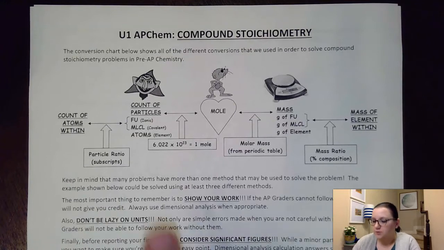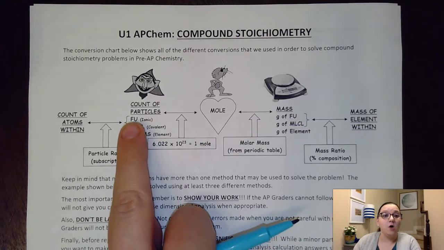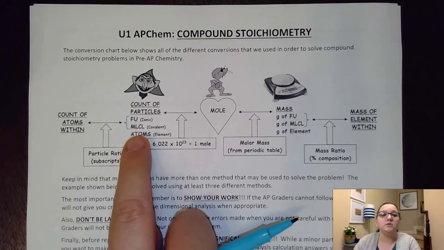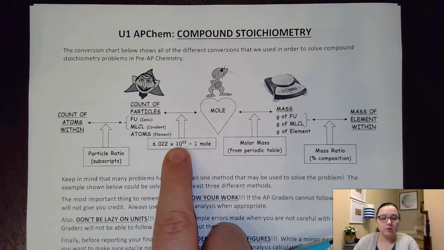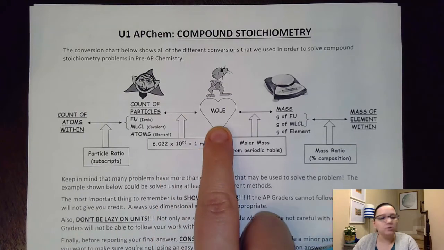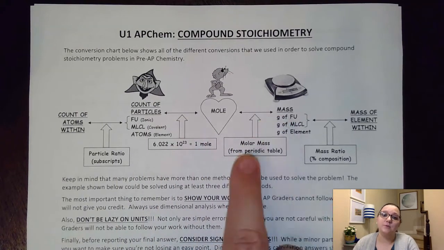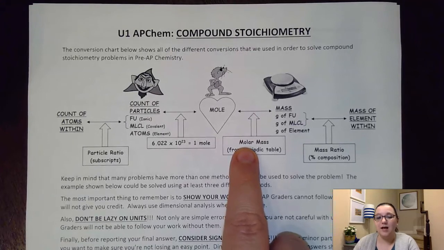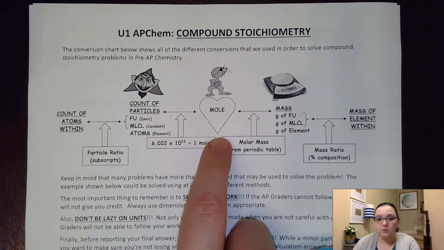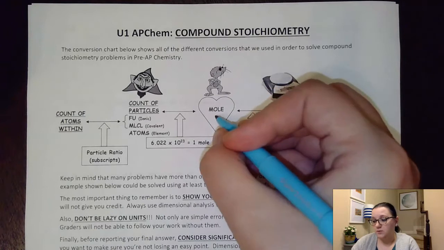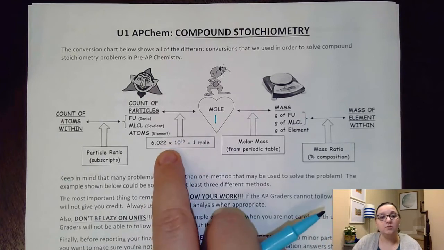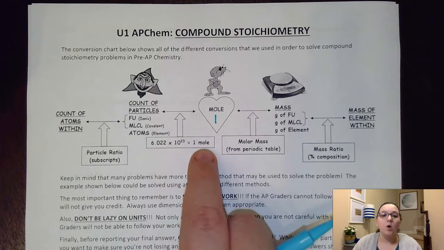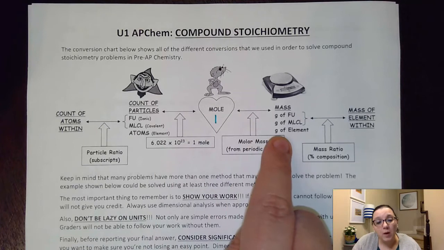units. So for example, if I want to work between formula units for ionic compounds or molecules for covalent compounds and moles, I would use Avogadro's number. Or if I want to work my way between moles and mass, I would use the molar mass of a substance. Now, just as a reminder, anytime I'm doing one of those two conversions, I would always want to use one with moles because of the definitions of those two conversions. Avogadro's number is how many particles are in 1 mole, or molar mass is how many grams are in 1